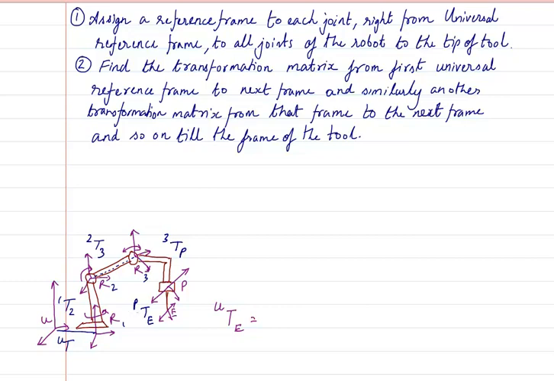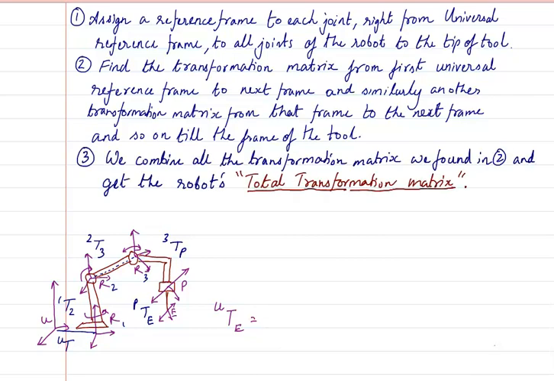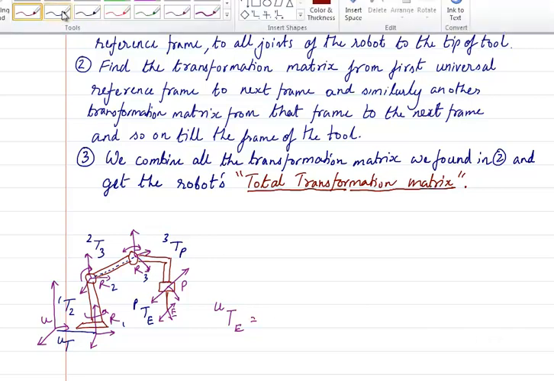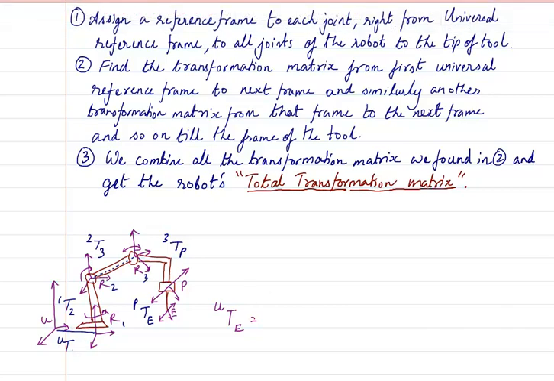Next is the last step, which is multiplication of all. We combine all the transformation matrices we found in the above step, step 2, and get the robot's total transformation matrix. It means that we will multiply. So we started from here. How is 1 related to U, and how is 2 related to 1, multiplied with, so it's all matrix multiplication, how is 3 related to 2, how is P related to 3, and how is